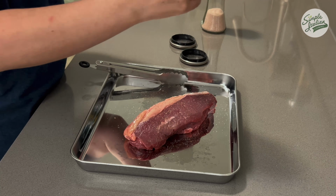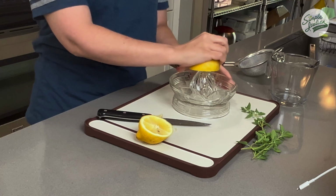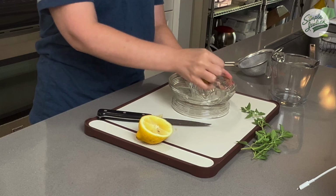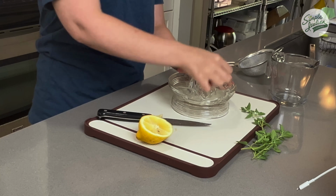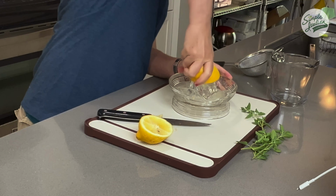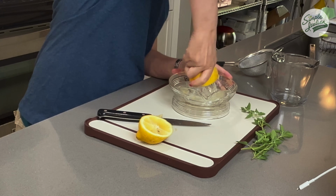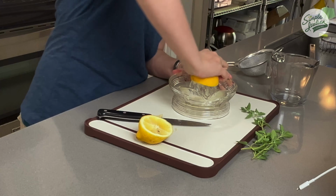Now let's go ahead and talk about the actual lemon oregano marinade dressing. And I'm calling it a marinade dressing because I really didn't marinate the steak. But you can marinate it in this dressing if you want. I'm not. So what I'm doing is I'm just using a manual juicer to squeeze out the lemon juice,